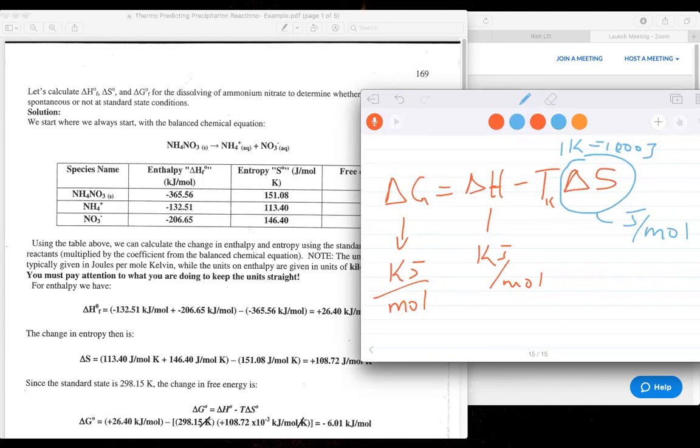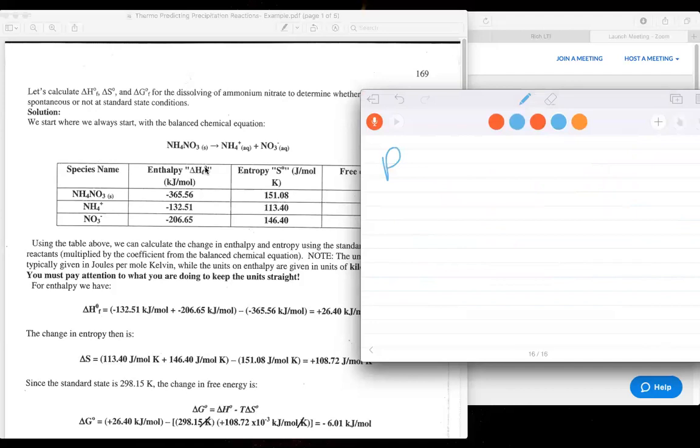There is one thing I need to point out to you, or you may have read in the background. When we have this superscript naught here, it means at standard state. If I have superscript naught, that is at standard state, this is at standard state, and this is at standard state. Standard state means